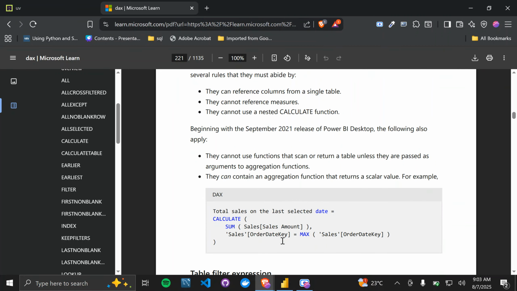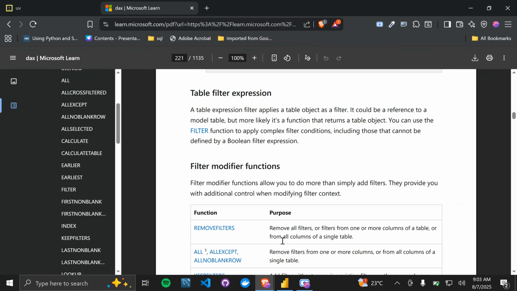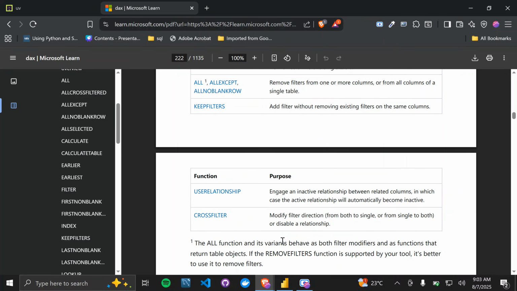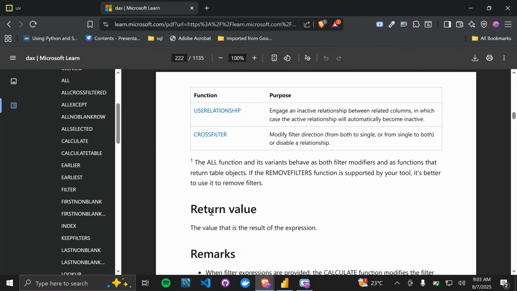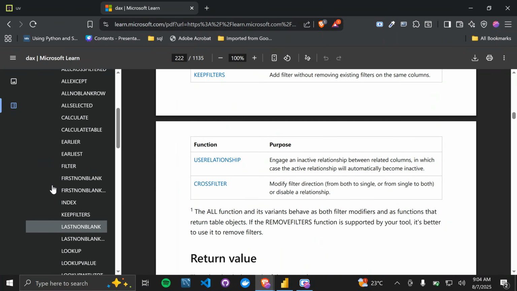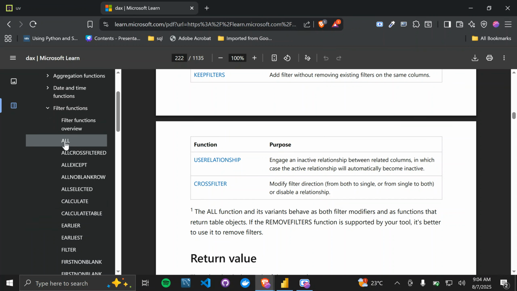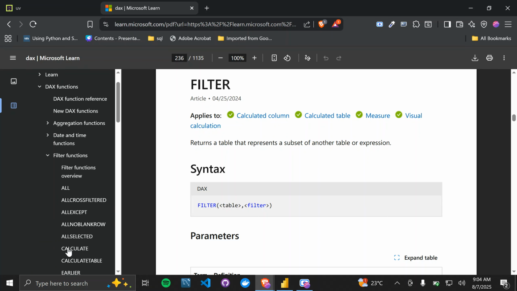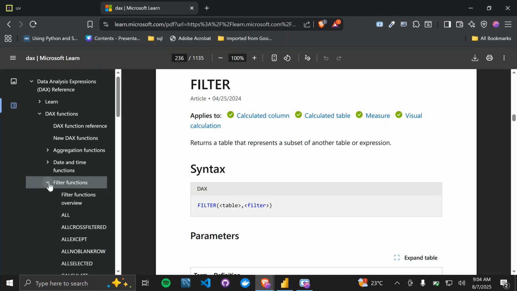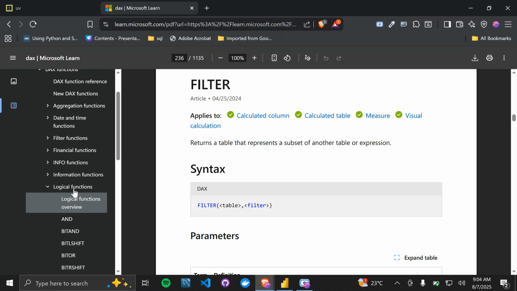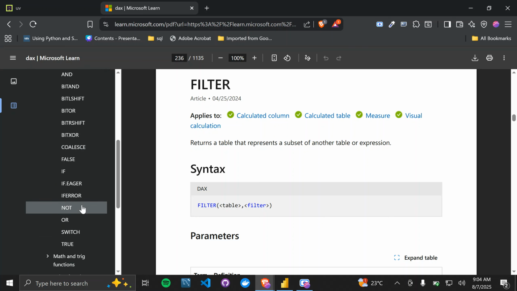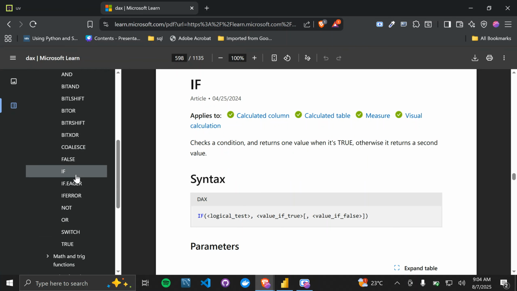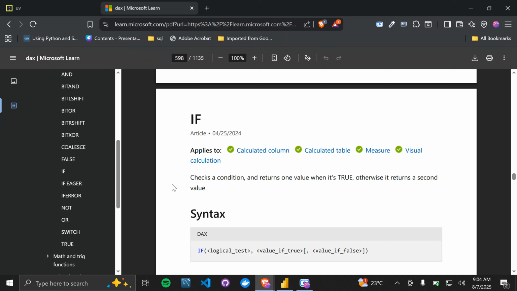So you can read on all of this and check examples also, and you're going to find what they mean. That goes for every single thing that you find here, all except filter, first non blank, anything. So let's look at if, conditionals or logical operators. This is if, and if is going to be our first step